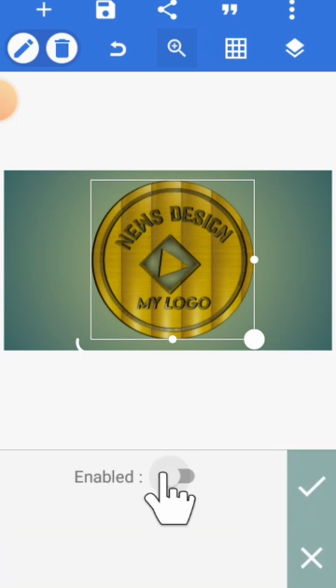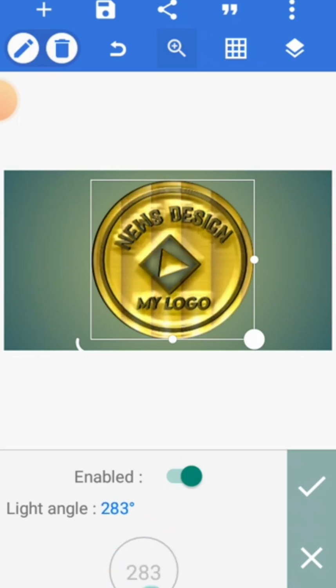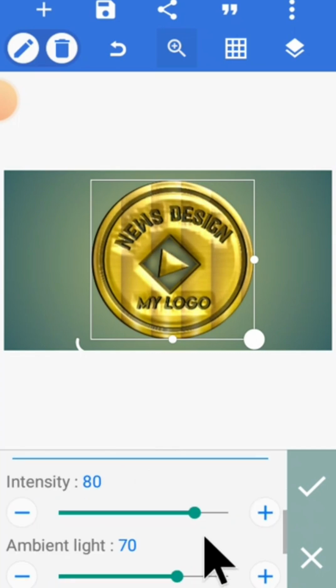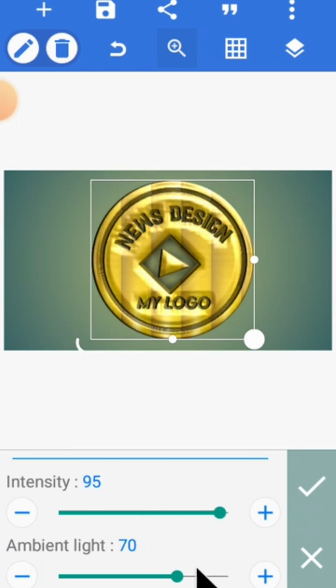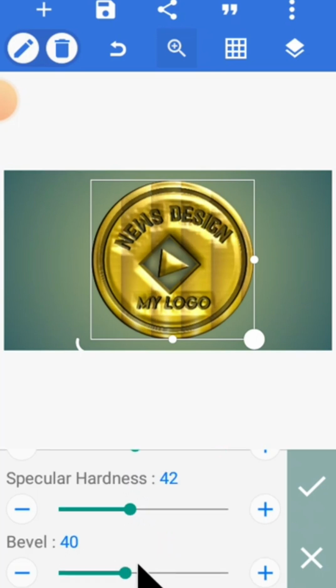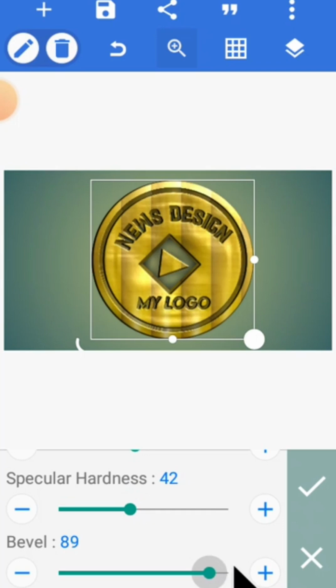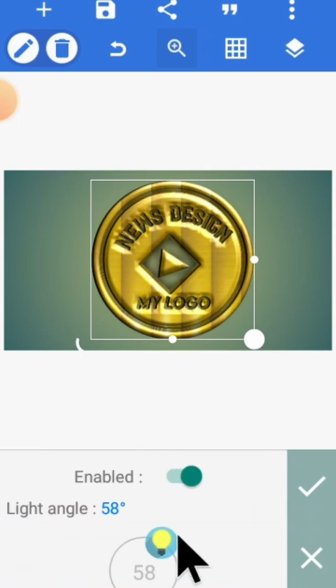So command, apply that one, and now we have it looking like that. You can also adjust. We still have so many settings here. The intensity, you can work with the intensity. You can reduce the intensity of the lighting. You can also work with the ambient light. Just reduce to make what you want. So adjust it properly. The level you can adjust depending on what you want. So like this. Okay, so if you are comfortable with that,